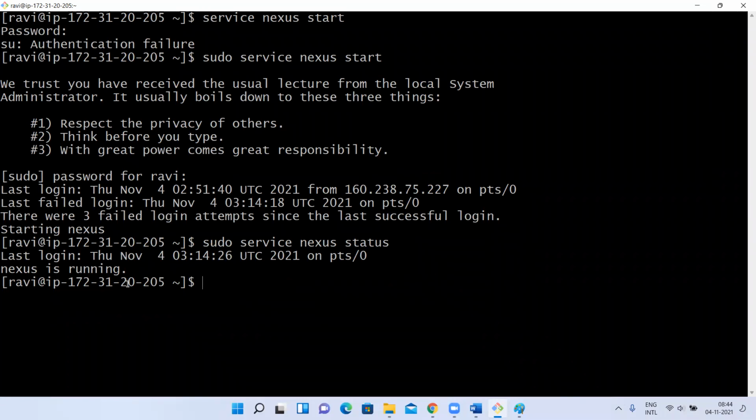This way also you can start your Nexus, but not with the normal access. Understood, guys? Yes or no? Yes, sir. Okay, with sudo privileges you can do anything.